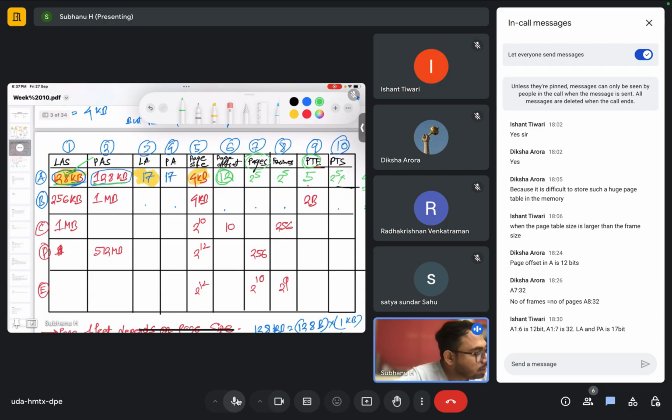Logical address space was 2 to the power 17, and page offset was 12, so 17 minus 12 is 5. So page table entry is 5. And what is the page table size? Page table size is the number of pages, 2 to the power 5, into the size of each page. So page table entry is